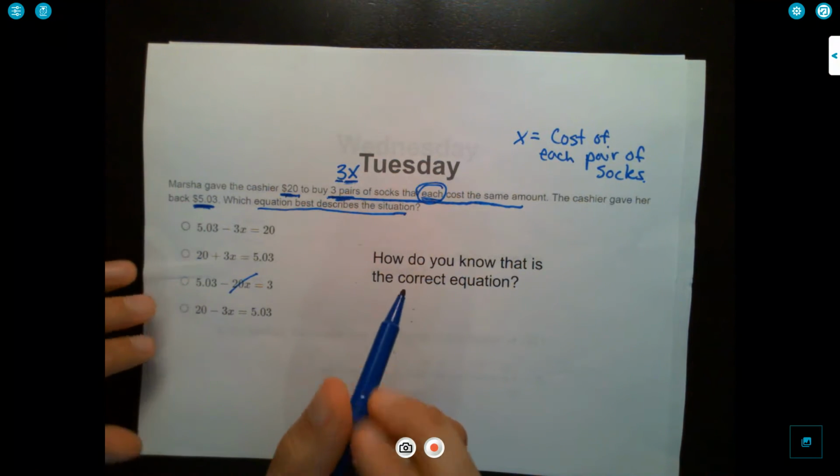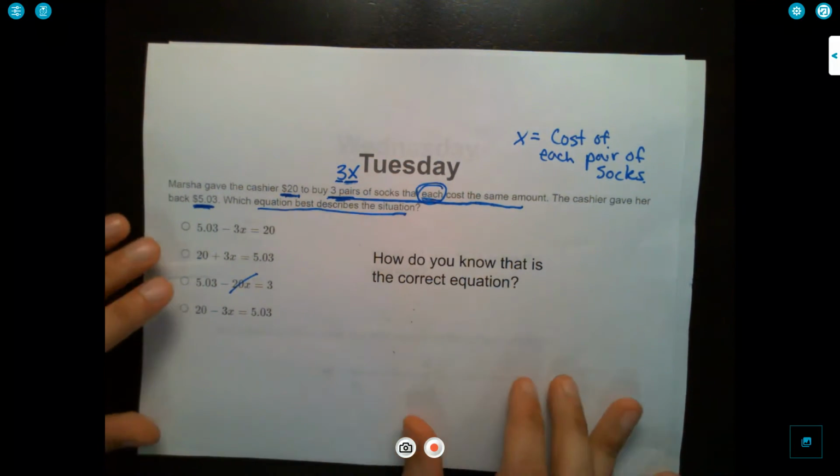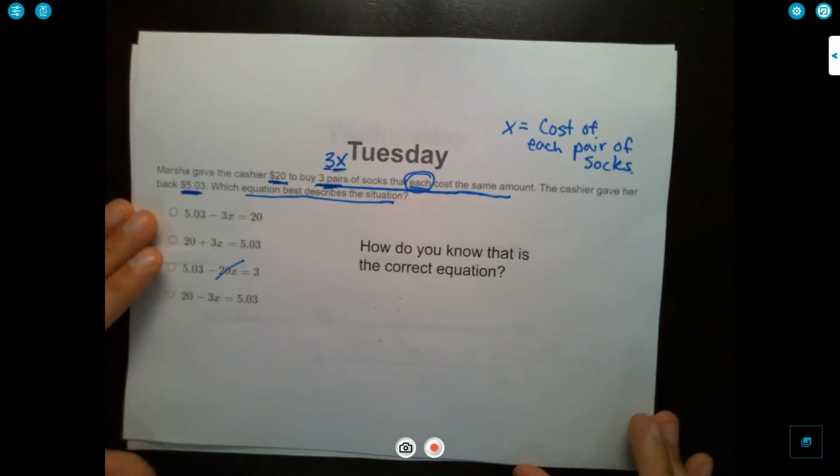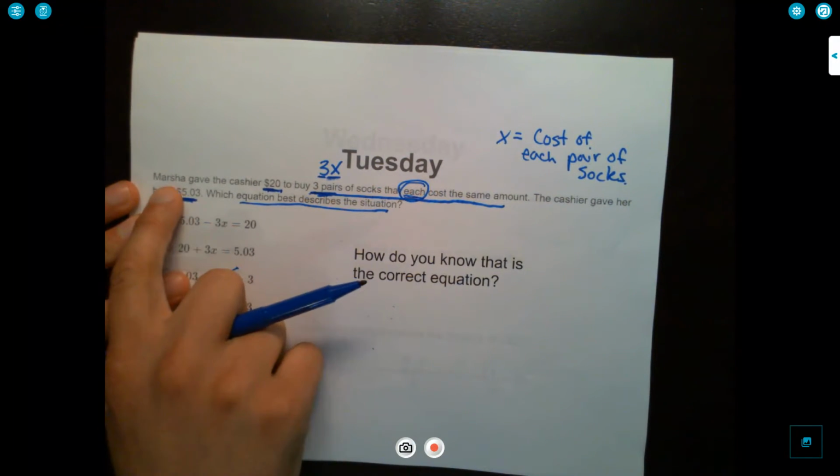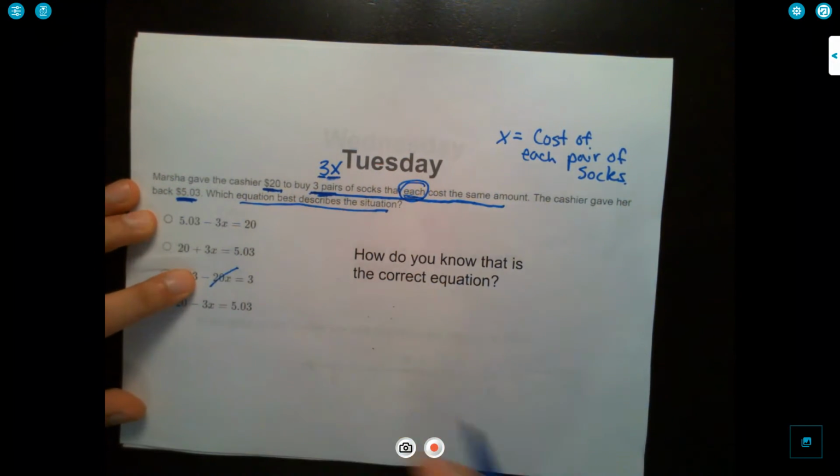So we're not going to be solving for anything. We're just going to be picking out an equation. All right, so what I'm going to do is set up my own equation based on what's given to us. So Marcia gave the cashier $20. So I'm going to go ahead and set up